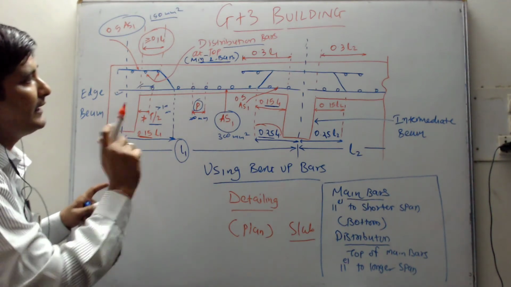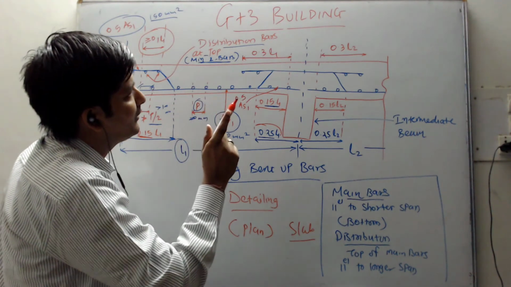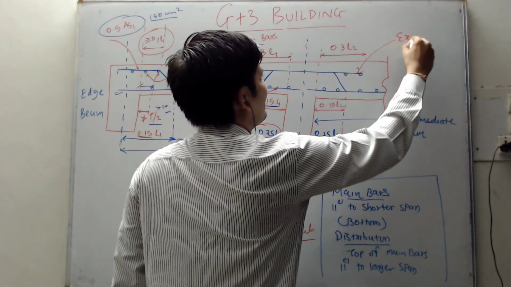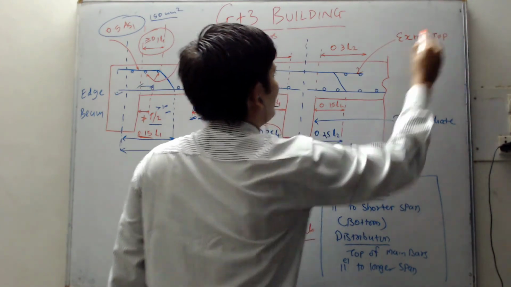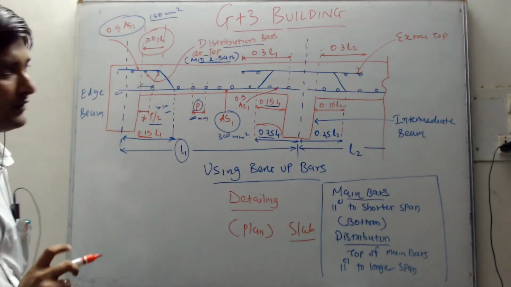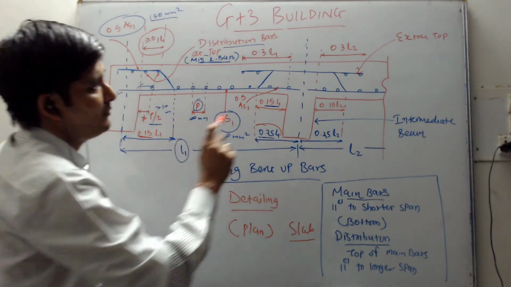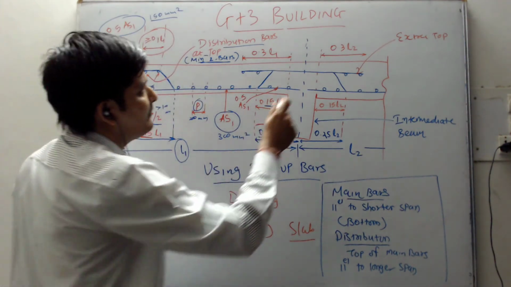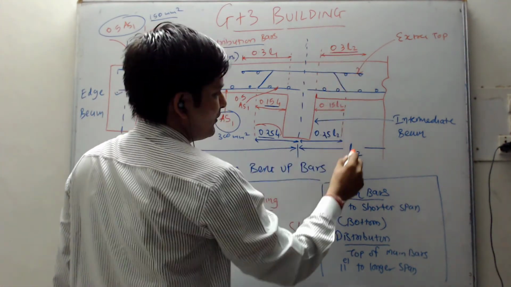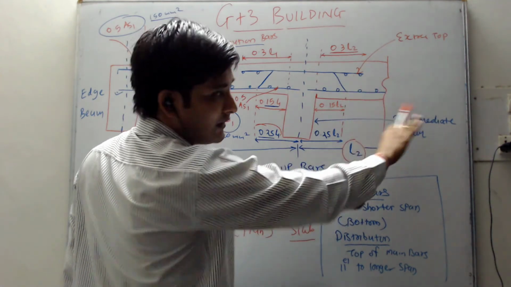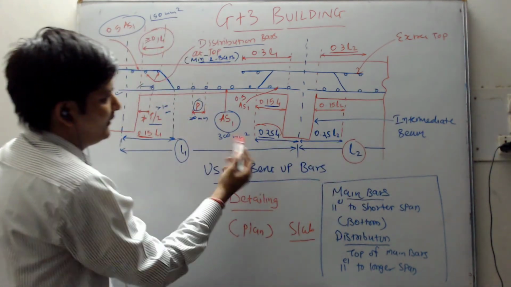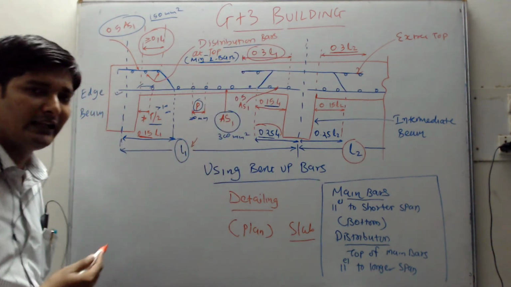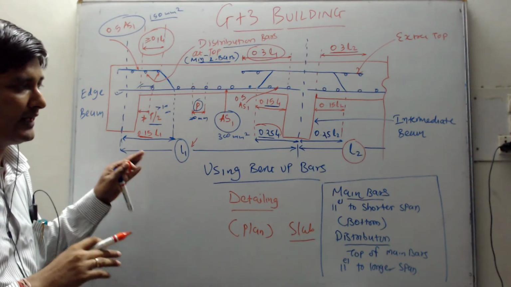So the next important part is, yes, extra top, right? Suppose this is the extra top bars that are provided. So how much length of extra top do I need to provide? The length of extra top from the edge of the support, from the edge of the beam, should be at least 0.3 L2, because this is L2. On the L2 side we are providing, so when we are considering L2, and on this side it is again 0.3 L1 because we are providing in the L1 area, right? So these are the points and values you must remember.